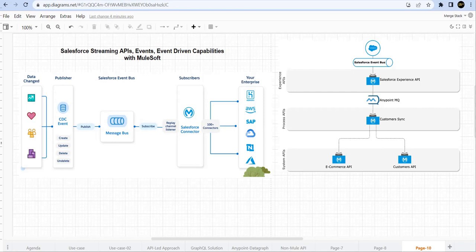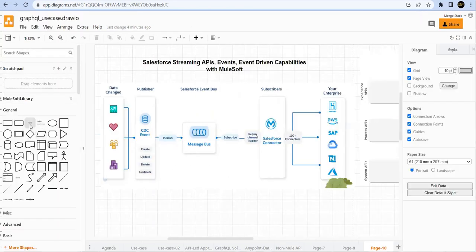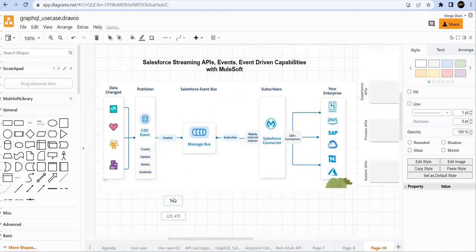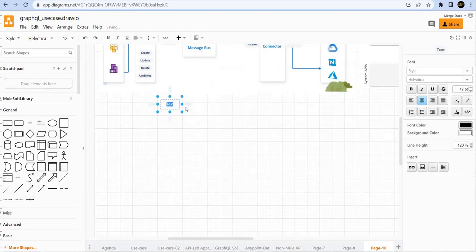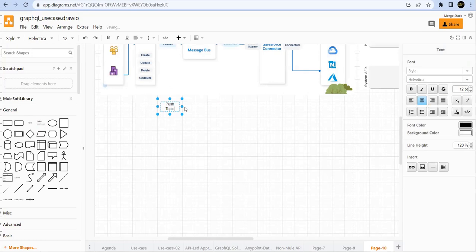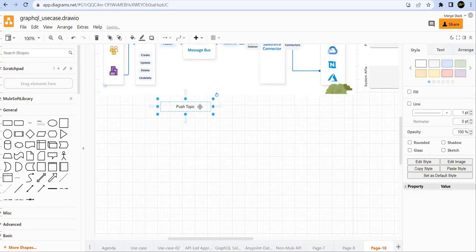That will decide the structure of the push topic events: what all fields, what all objects, what all conditions, all those will be decided based on the SOQL. So let me add those things here. The first event is your push topic, and what all things will be there in the structure of the events will be decided by